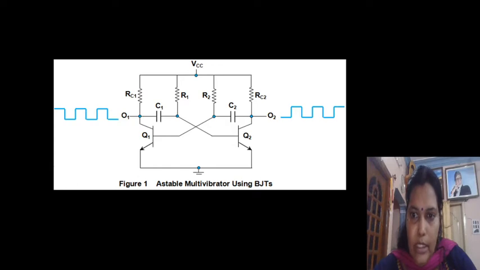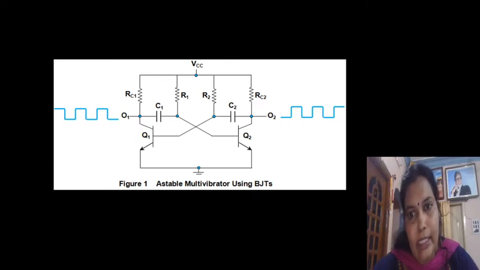When the circuit is switched on, one of the transistors will be more conducting. This may be due to an imbalance in the circuit or a difference in the parameters of the transistors. So the more conducting transistor will be driven to saturation and the less conducting transistor will be driven to cutoff. Let's come to the working of this circuit. When the circuit is switched on, one transistor will go to the saturation condition, that is the on condition, and the other will be driven to the cutoff state.